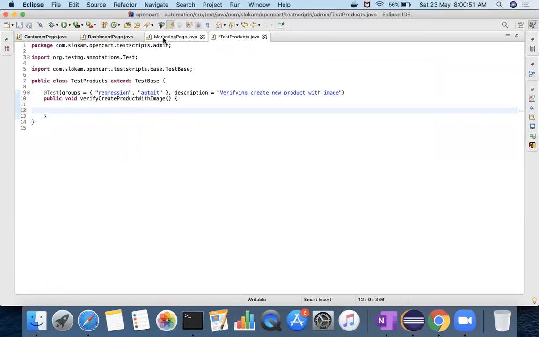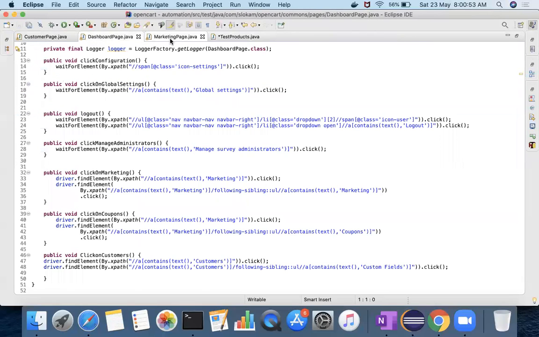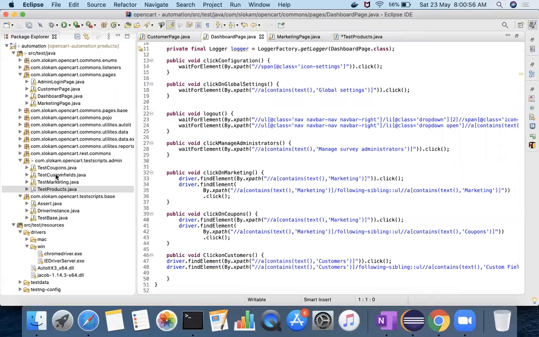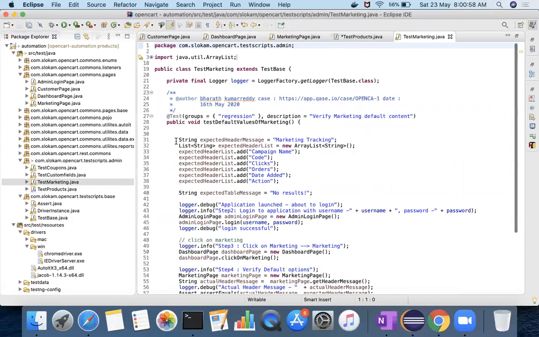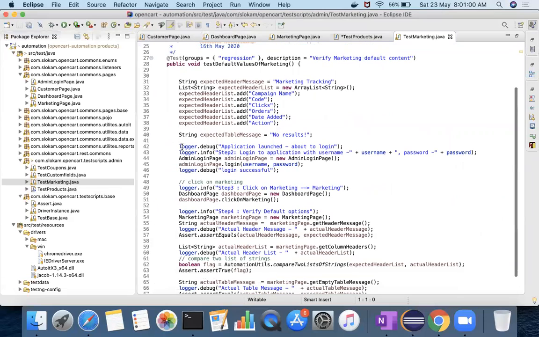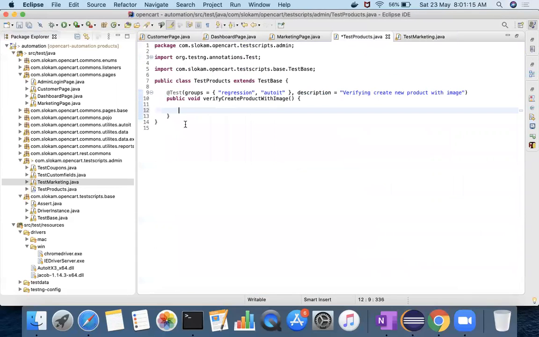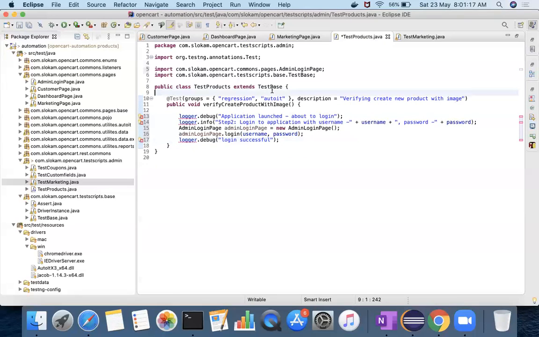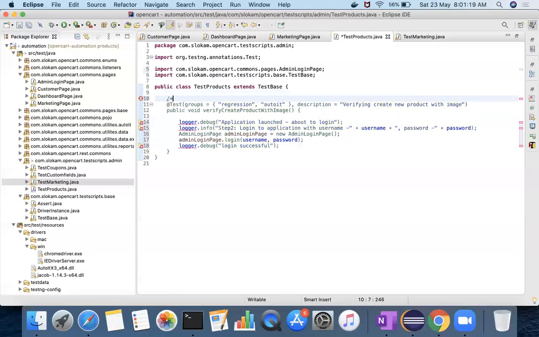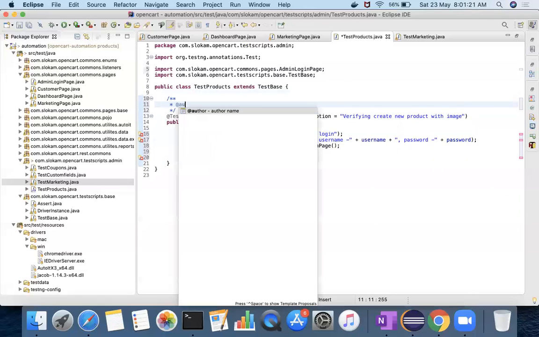This code is common, right? Login successful. And also we consider to write few more things, right? Thread author.